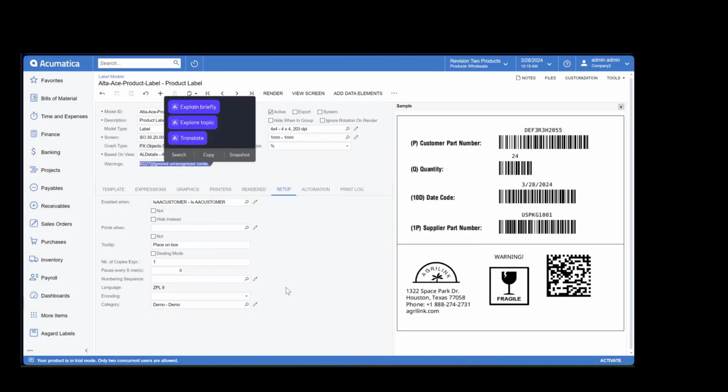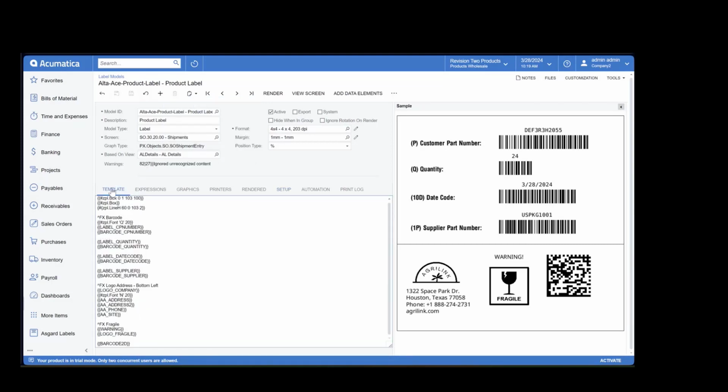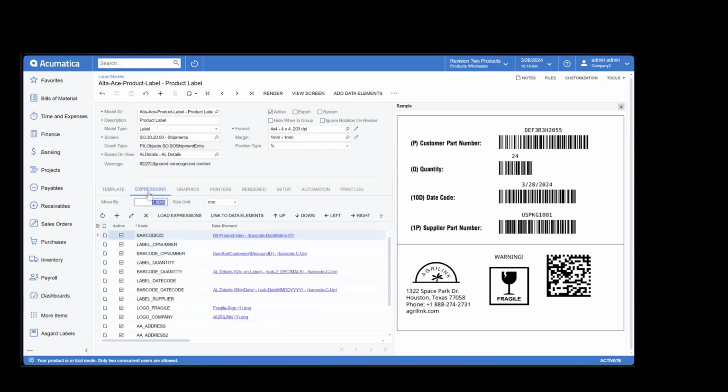And then we have here the template screen. Under the template screen, this is where I usually list all the details that I need to see on the label. So I have specified here the customer part number. This is just a listing of the things that I needed on my label. Once I have listed all of that information, I would go through the expression screen and convert all of those as a line code on my expressions tab.